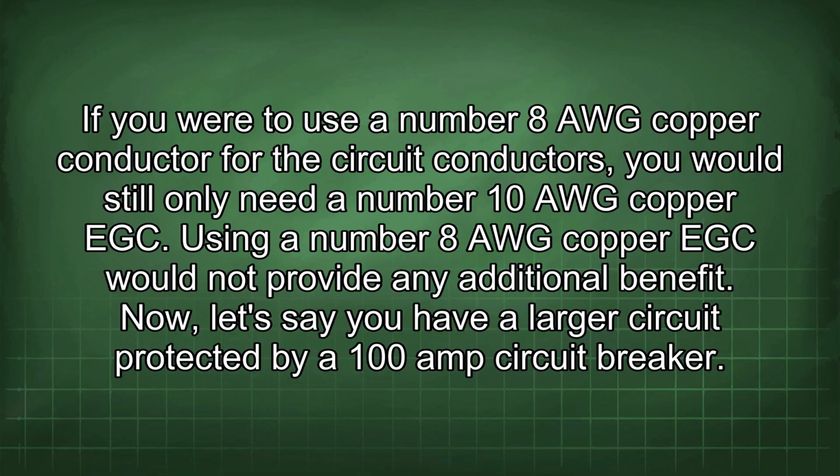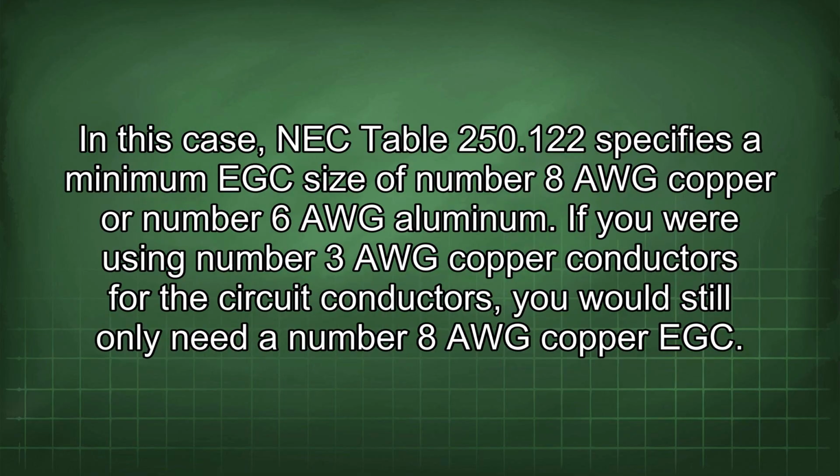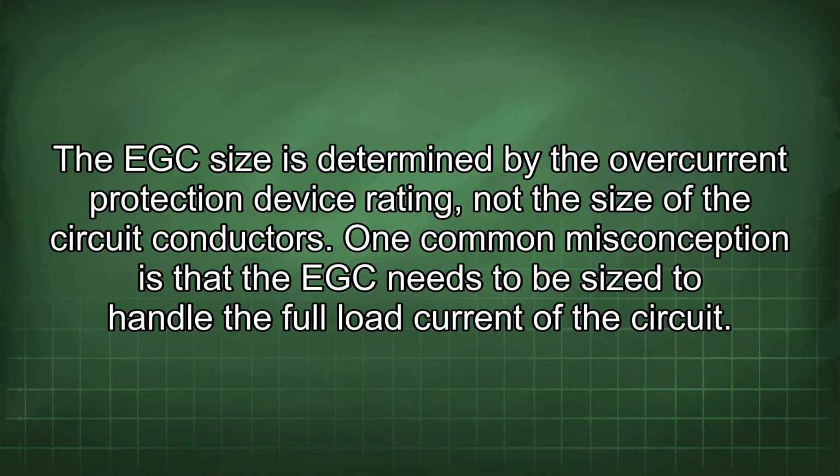Now let's say you have a larger circuit protected by a 100 amp circuit breaker. In this case, NEC Table 250.122 specifies a minimum EGC size of number 8 AWG copper or number 6 AWG aluminum. If you were using number 3 AWG copper conductors for the circuit conductors, you would still only need a number 8 AWG copper EGC. The EGC size is determined by the overcurrent protection device rating, not the size of the